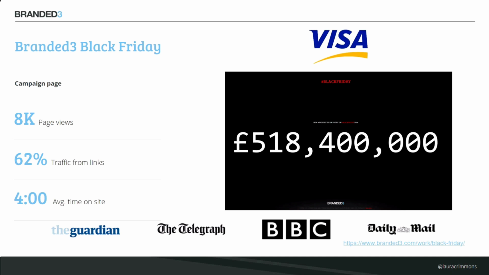So we created this asset, which essentially was a live counter. So if you logged onto it all through Black Friday in 2014, you could see the counter going up in terms of how much was spent. This was the overall figure that it ended up on. Again, really interesting. We're just visualizing data in a different way for people rather than just saying this much per minute. It's an asset where people can go on and look at, oh gosh, by this point, people have already spent this amount of money. That's insane. So again, lots of interest, Guardian, Telegraph, BBC, and loads of people interested in seeing this data displayed in a nice way.